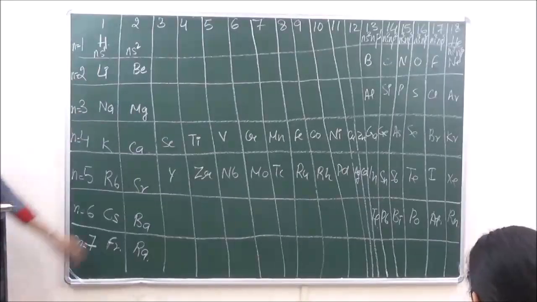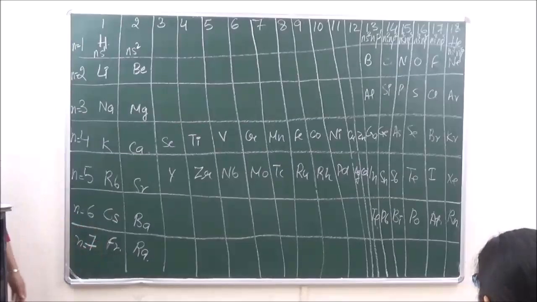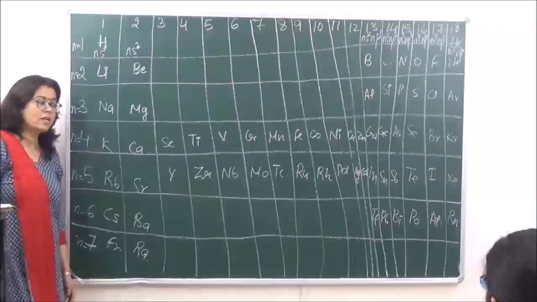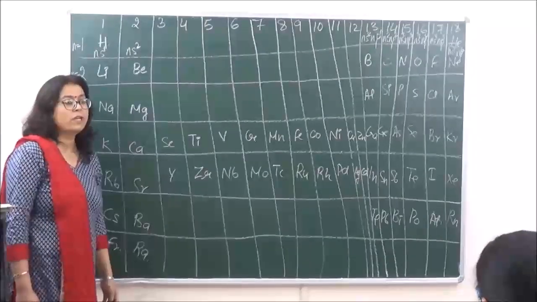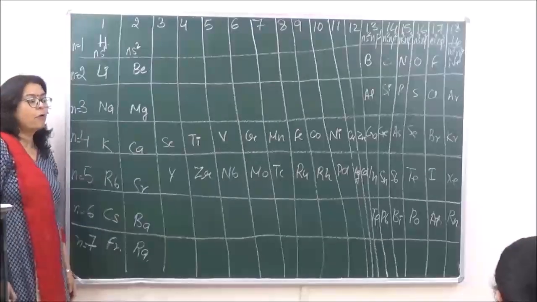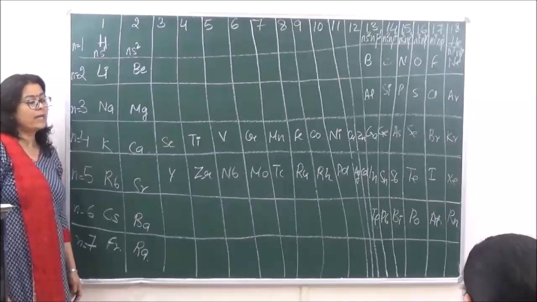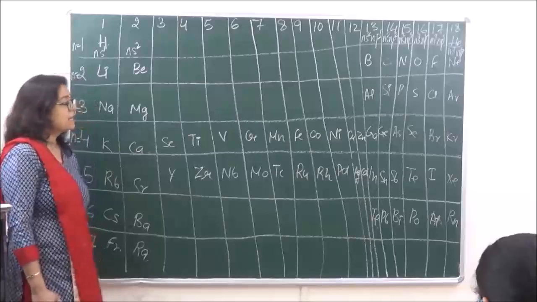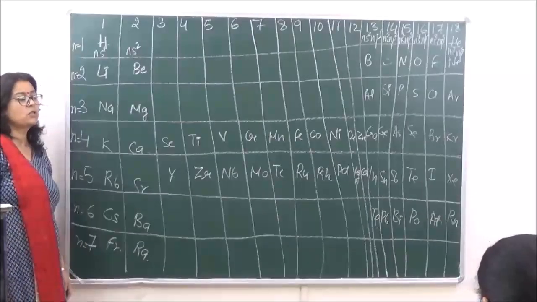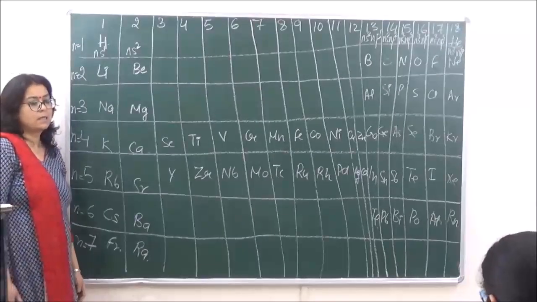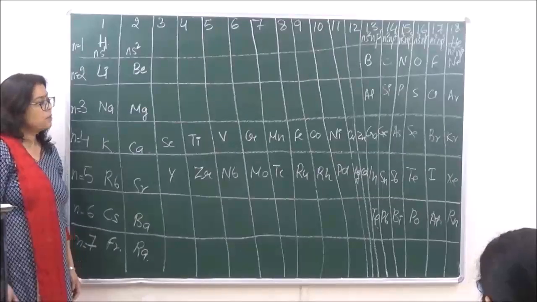Okay? And then last, below the periodic table is the F block, right? So F block, which are known as the inner transition series, which have only 2 series. One is the 4F series or known as the lanthanoid series, and the other one is the 5F series, which is known as the actinoid series. Clear? So this is the periodic table.